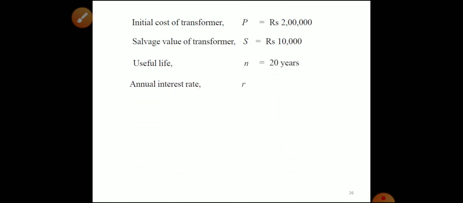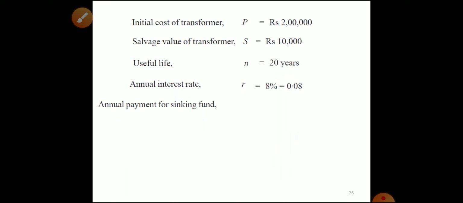Annual interest rate R is equal to 8%, which we divide by 100, and R becomes the unit annual depreciation rate, that is 0.08. And annual payment for sinking fund means per annum how much amount we have to keep aside, so that at the end of 20 years we can collect the amount equal to 2 lakh rupees,